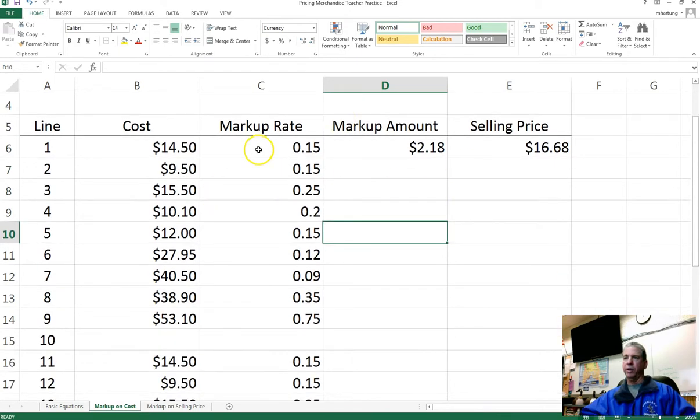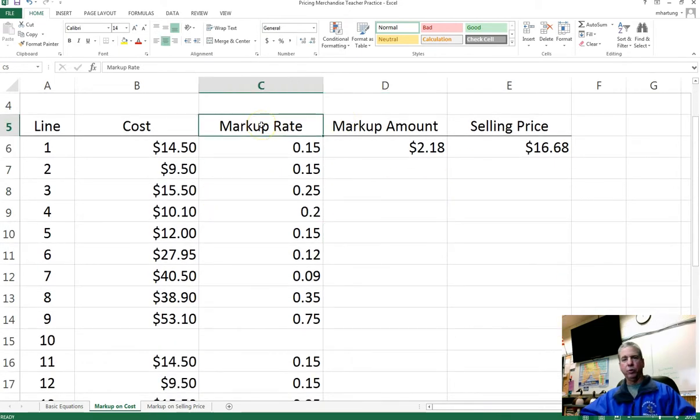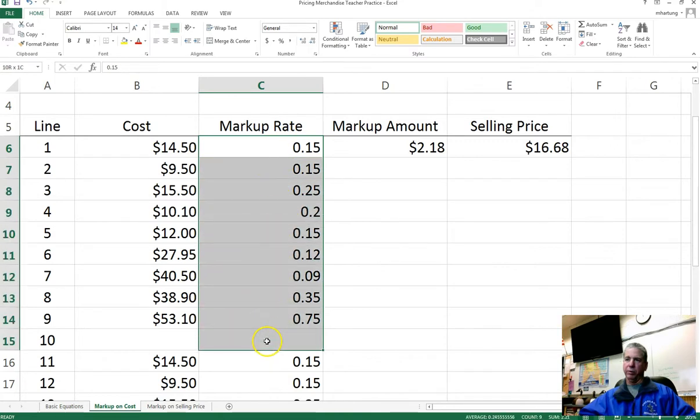Now the markup rate is different. You will recall that anytime we use the term rate, generally we are talking about a percentage. So 0.15, what percentage is 0.15? Hopefully you said 15%. Remember, it's going to move that decimal point 2 places to the right and include the percent sign. So what we could do is just highlight everything